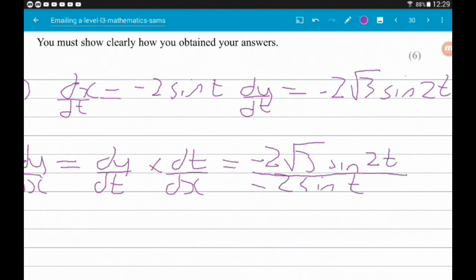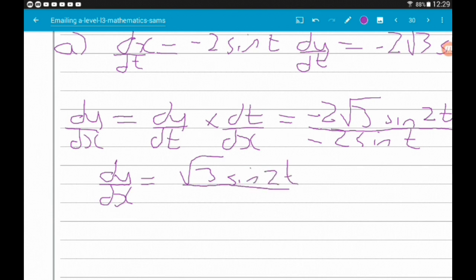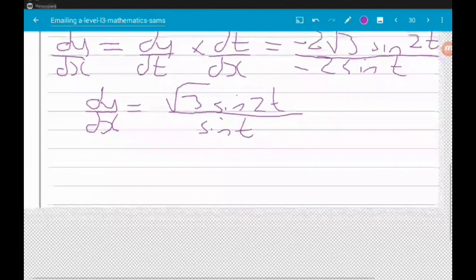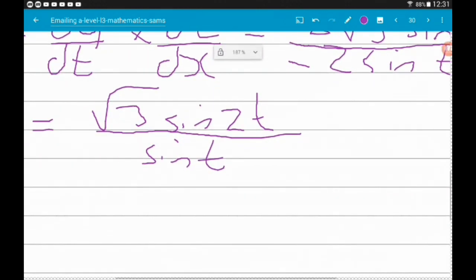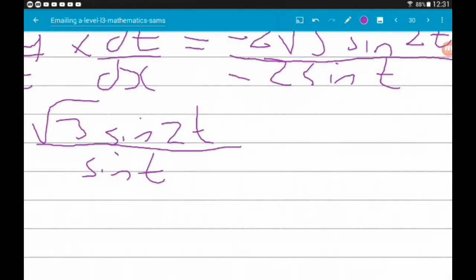Now there's a common factor there of -2, so dy by dx is equal to root 3 sine of 2t all over sine of t, which we could actually make a little bit nicer using a trig identity. So sine of 2t is 2 sine t cos t. So we can say this is